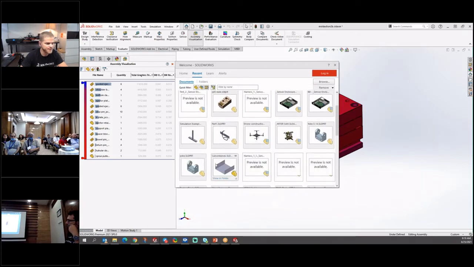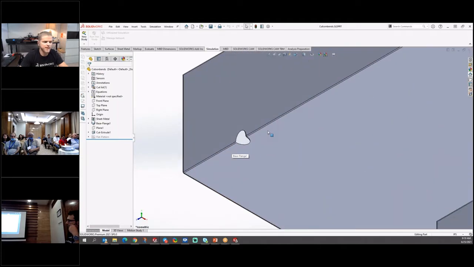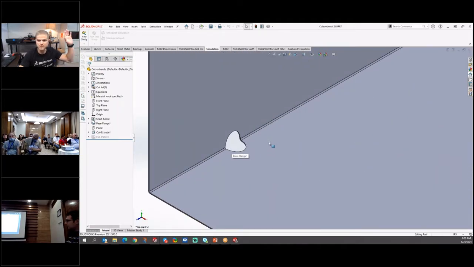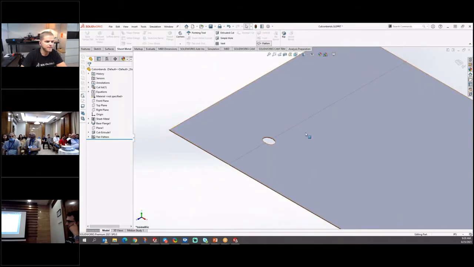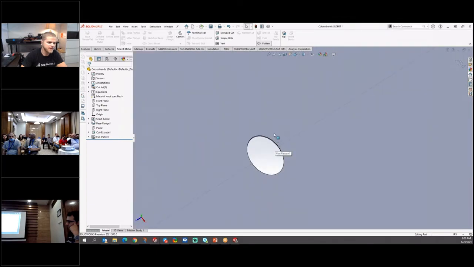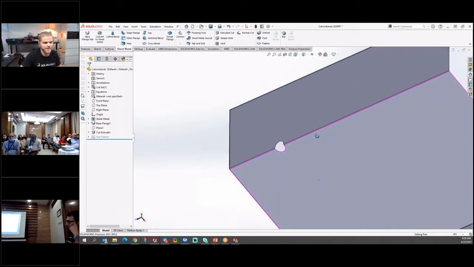We'll jump back to SolidWorks just to show this sheet metal file. I don't know if there are any sheet metal users in the audience, but if I'm a sheet metal user and I want to put a cut across a bent region, and now I go to flatten that part, the cut ends up being elongated, stretched out, and it doesn't look correct in the flat pattern. And if you do it after the flat, it's not going to show on the folded part.